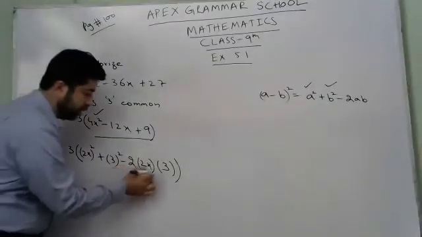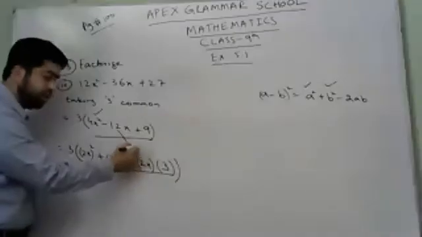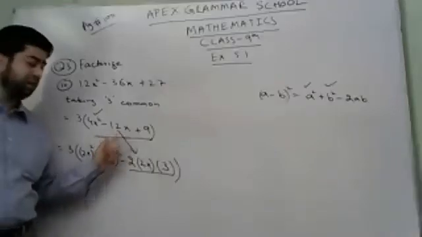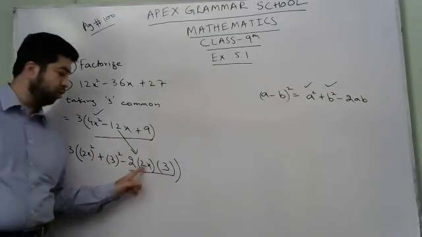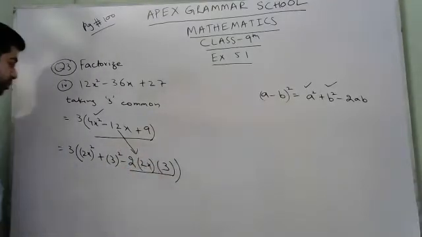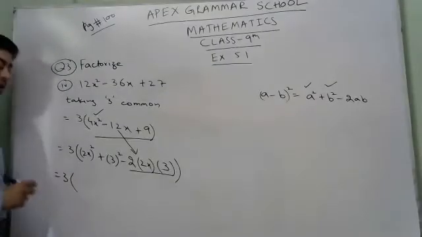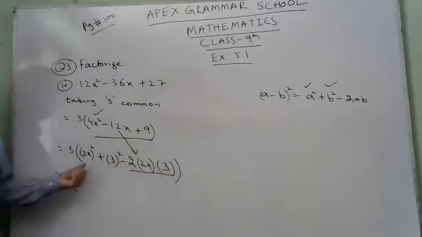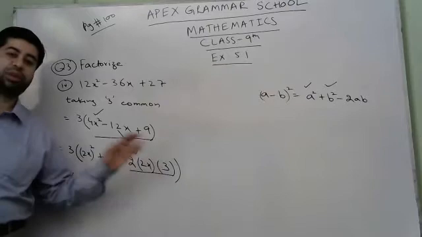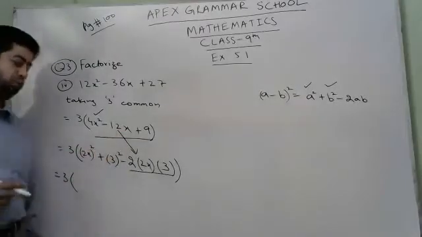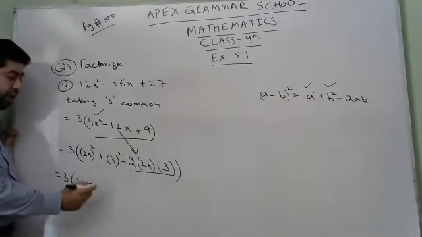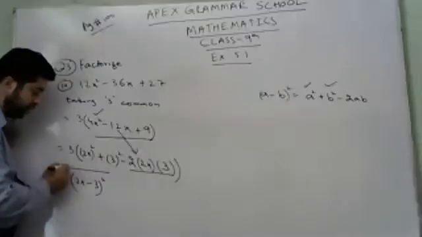Now you have to verify that this is minus 12x or not, because a squared is this, b squared is this, and after that, this will be minus 2ab. So 2 twos are 4, 4 threes are 12x. So this verifies that this is minus 12x. Now we can say that this is a whole square of type a minus b whole square. So we can write it as a squared plus b squared minus 2ab, which is a minus b whole square. So what is the value of a here? That is 2x, minus the value of b, that is 3, and this is whole squared, and that's it.